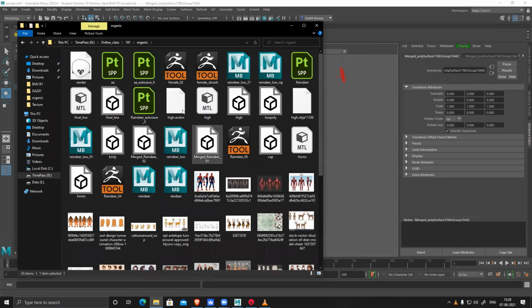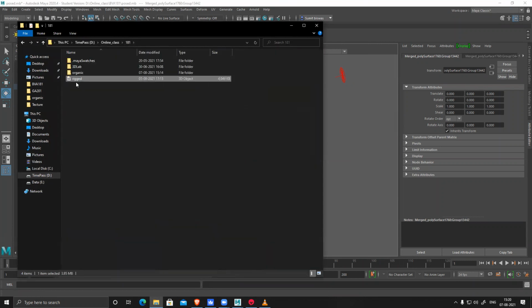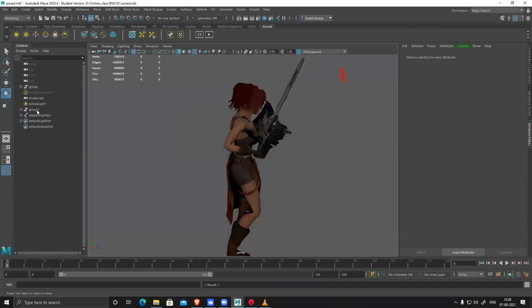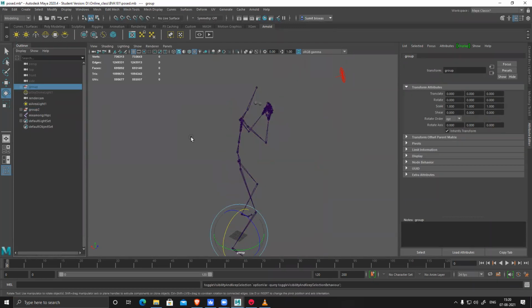Where is it? I guess this one. Let's see. So here is the model. Oh, the model is gone.